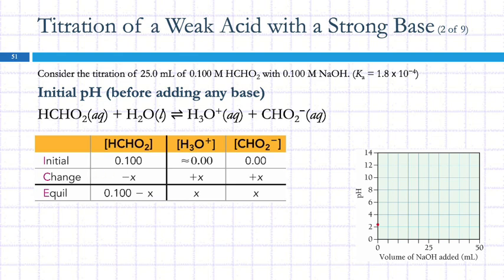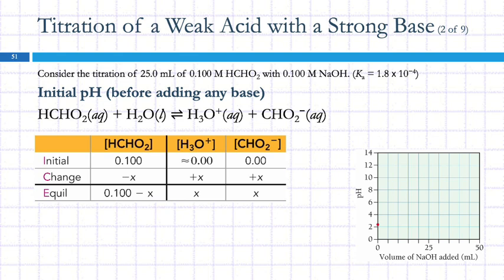Remember, ice tables use molarity. Stoichiometry tables use moles. We're saying there's essentially 0 hydronium and none of the conjugate base. So then we look at the change. Well, this one's going to go down, minus X, and these will each go up, plus X. So we add those rows together, 0.1 minus X, X, and X. Now we need the